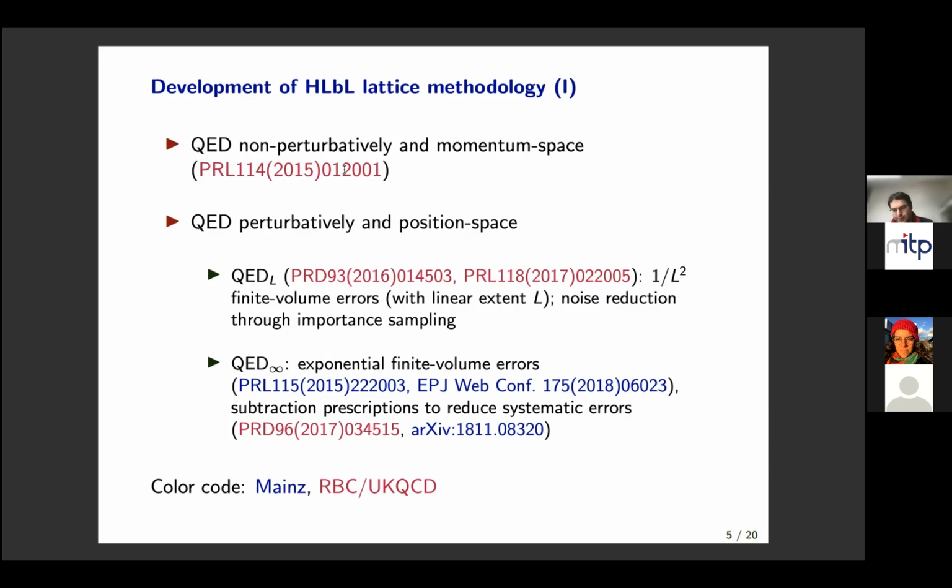There were a few breakthroughs then over the years. The first one was when one started to treat QED perturbatively and in position space. What that allowed, and I will show the details of how this works on the next slide, is that the statistical noise can be reduced dramatically. What with the method on the top would have taken a year can be done with the same precision in about a day. So this was a huge change in methodology that really enabled these modern lattice QCD calculations.